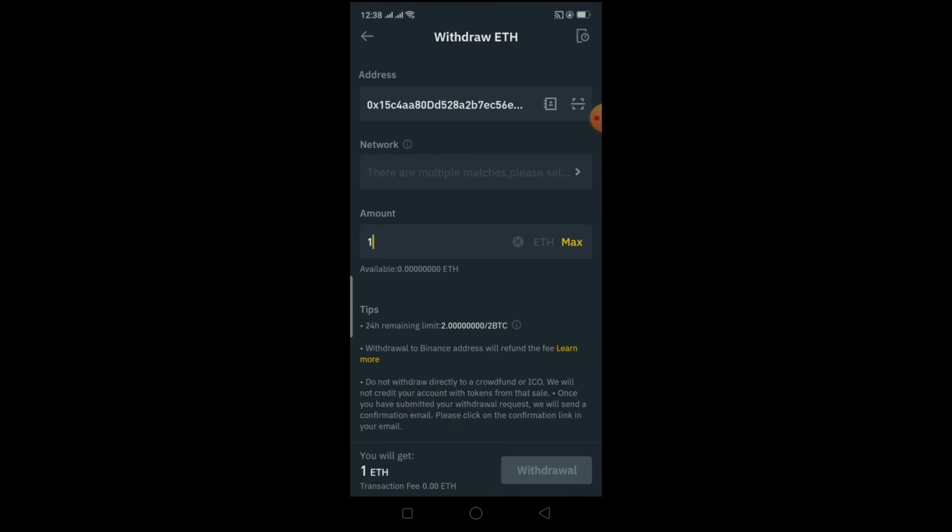Right now my withdrawal is not highlighted because I don't have any Ethereum. But if I did have Ethereum in my account, once I click on withdrawal, it's going to send a verification code to my email, or send the verification to my phone's SMS. Whichever two-factor authenticator you have turned on, it's going to ask you to fill it in. After you verify yourself, it's going to send the money to your Trust Wallet account, and it's basically done. That's basically how you can transfer crypto from Binance to Trust Wallet. So yeah, that's how you do it.